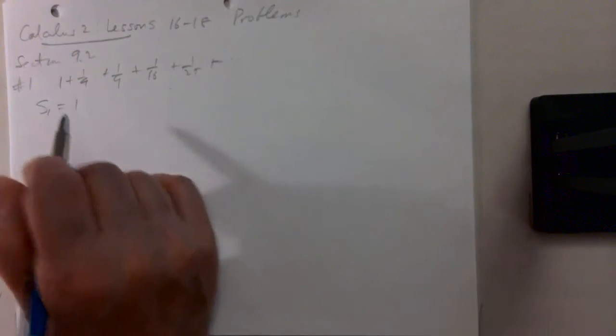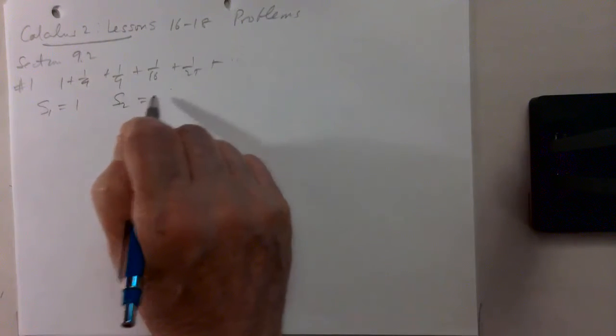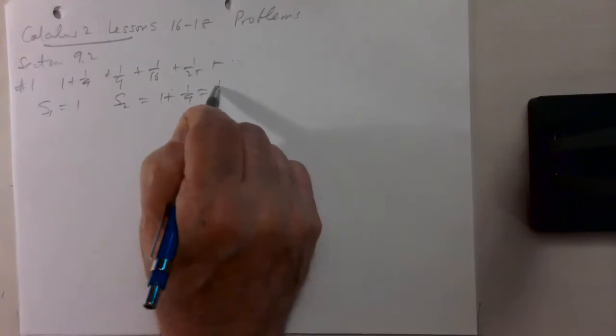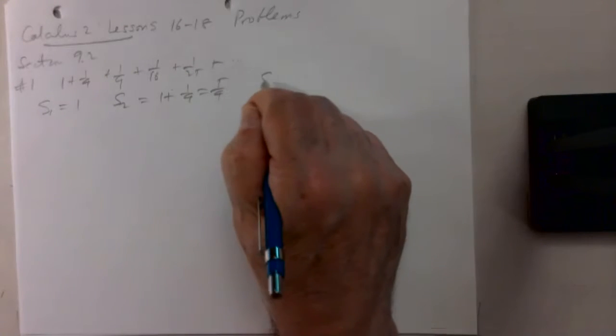So S1 is just the first number. S2 is the sum of the first 2 numbers. S3 is the sum